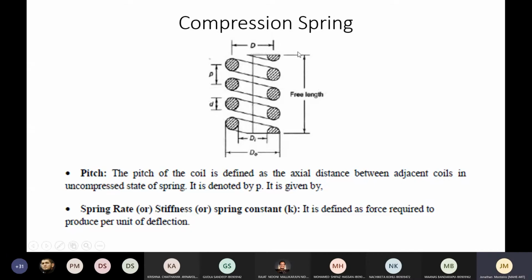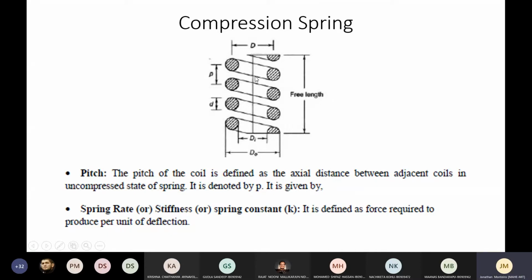So when we talk about a spring, for right now for our purpose, let us consider a compression spring, and compression helical spring to be very precise. The concepts that I discussed here can be carried over to other types of springs. Now this being the most commonly used spring and very easy to understand, we'll start with this. So this is a common compression spring, helical spring, helix in nature, and we know how the springs are.